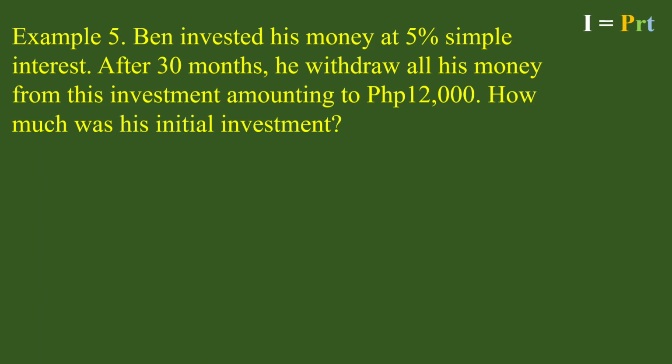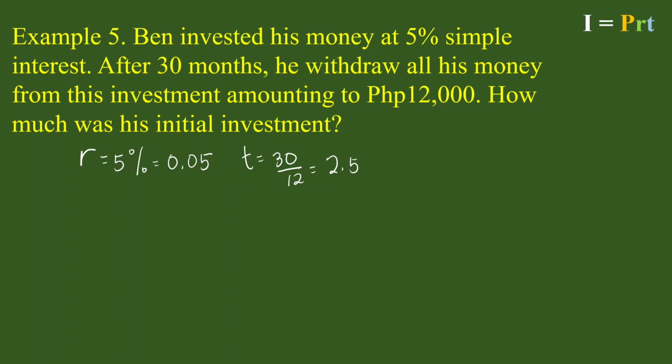So from that sentence, we can identify that 5% is the rate, which is equivalent to 0.05 in decimal. After 30 months, he withdrew all his money from this investment amounting to 12,000 pesos. Okay, so 30 months here is the time. So 30 over 12. Naka-months kasi siya, kaya i-divide natin sa 12. So that is 2.5